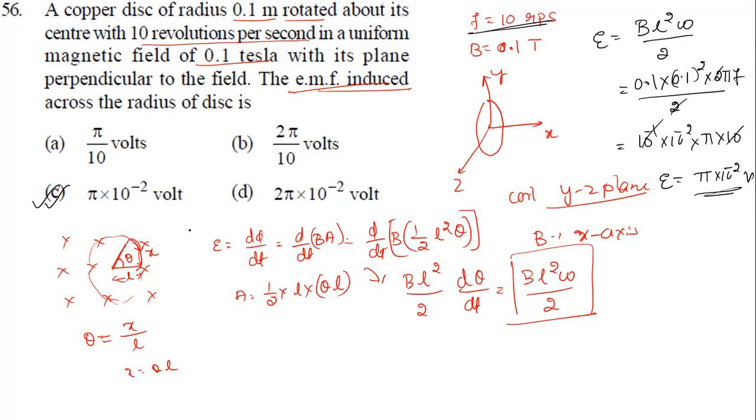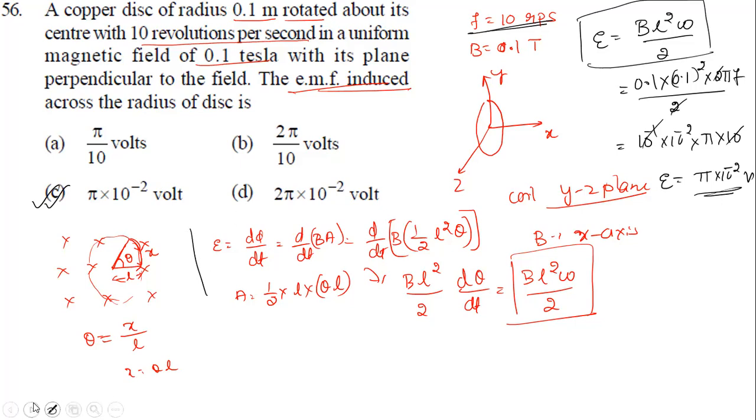So this is actually a derivation, so no need to bother about the derivation. You need to remember this formula. In this case the rod is moving perpendicular to a magnetic field, so that it is going to induce an EMF. How much EMF? This much EMF.